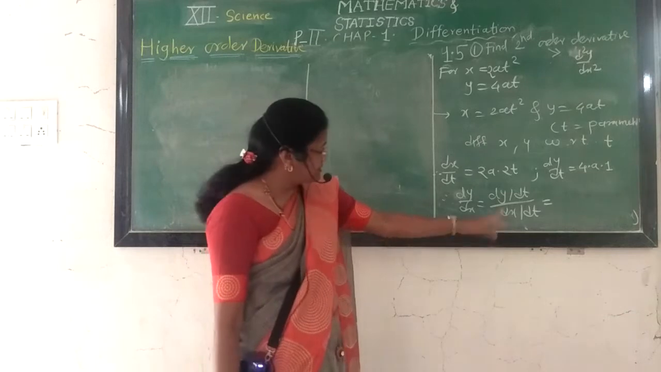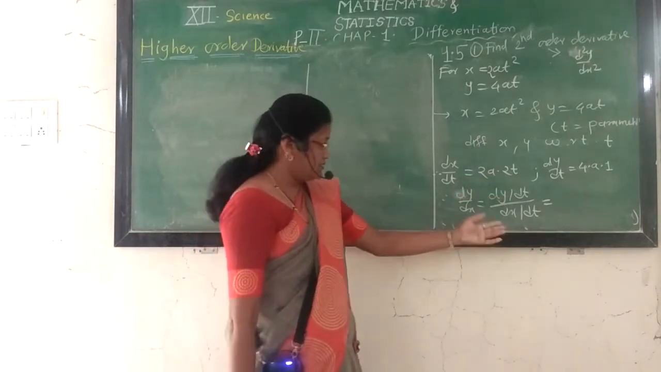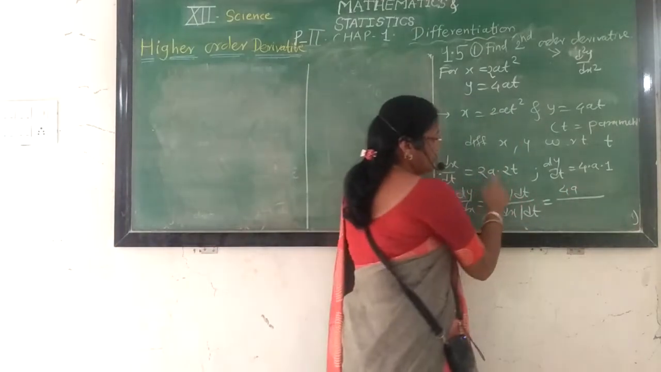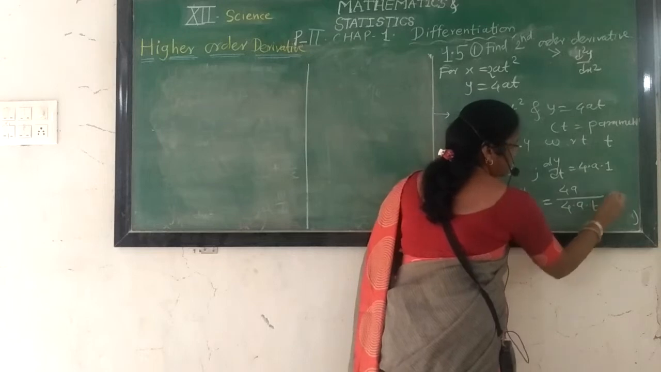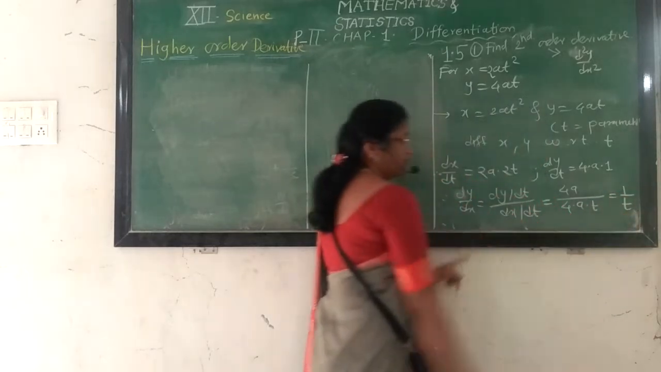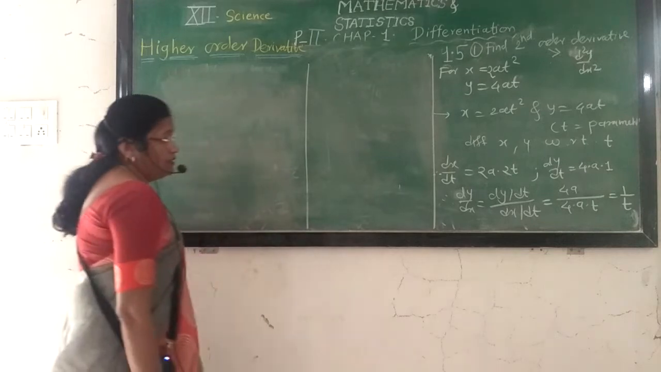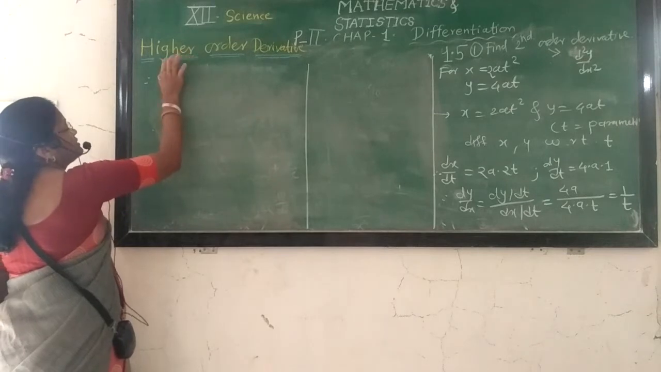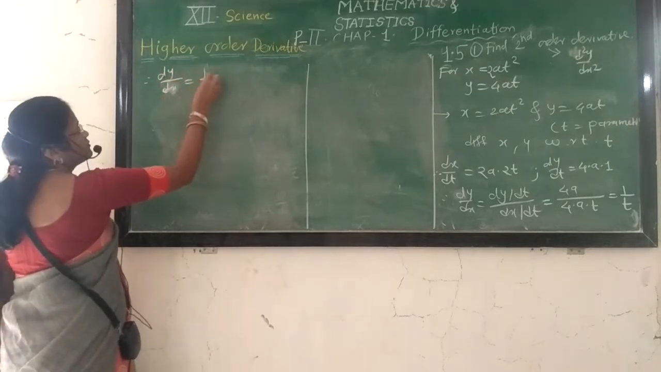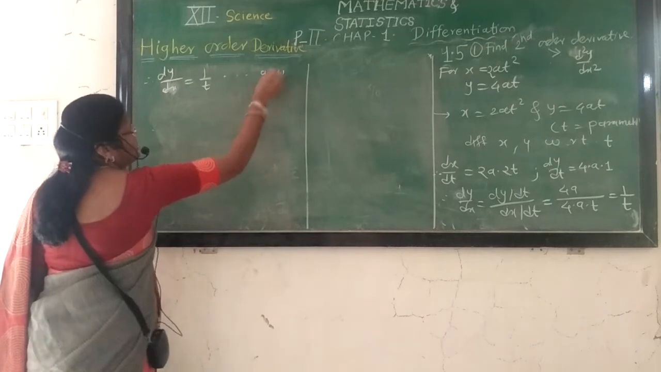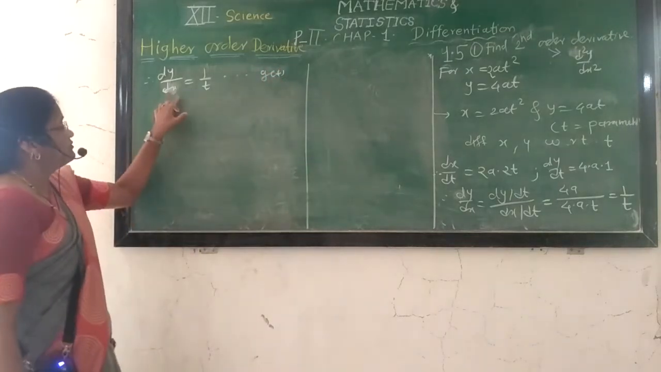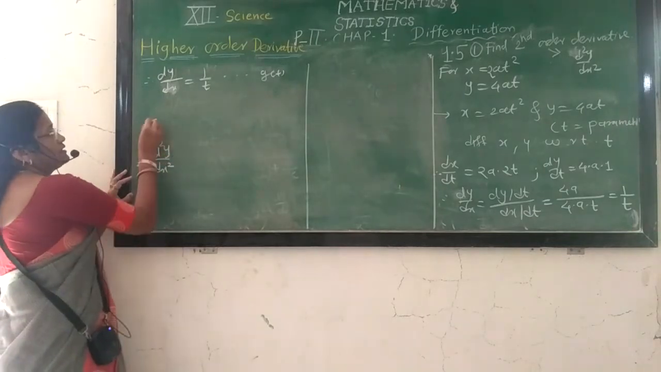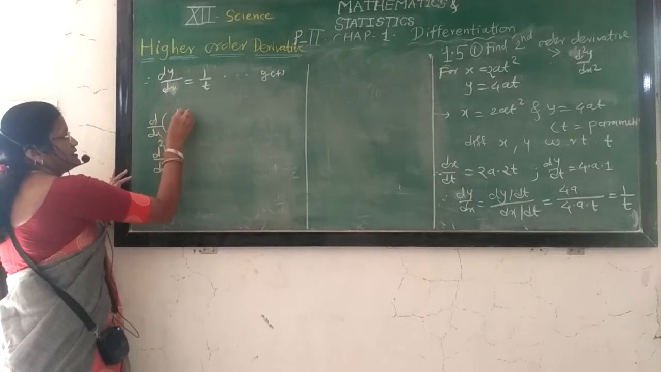Provided that the denominator is never 0. 4at is never 0. So we take here dy by dt is 4a, dx by dt is 2 times a into t. So after simplification we get the answer 1 upon t, the value of dy by dx. Now this is a very important result, as the value of dy by dx is in terms of t, because that is a function of t. Now as we find d2y by dx square, which is the second derivative of dy by dx